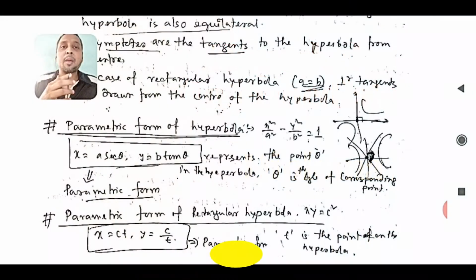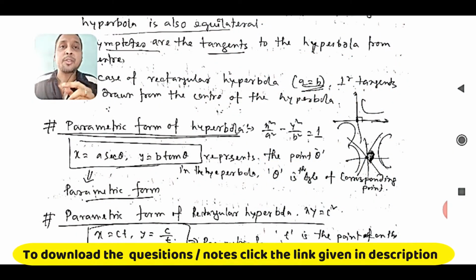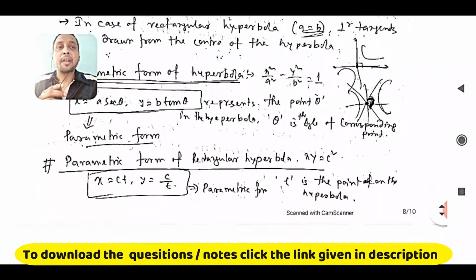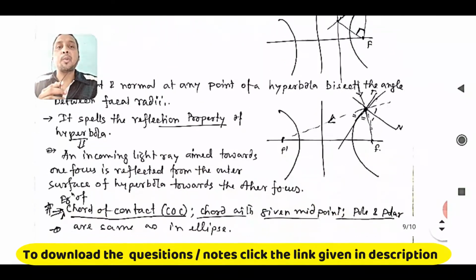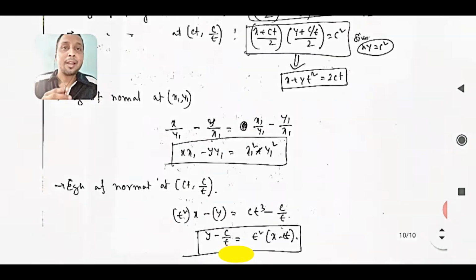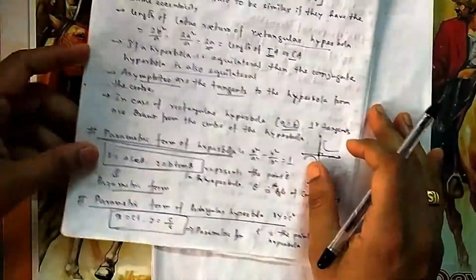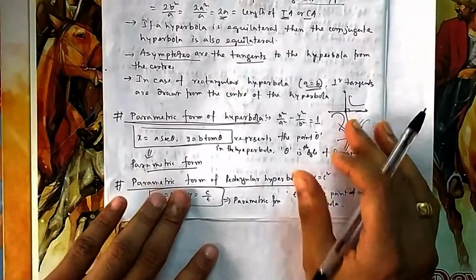Okay students, welcome you all to this new lecture in intermediate level where we are building concepts on hyperbola. So today we will be seeing the parametric form of hyperbola for normal hyperbola and rectangular hyperbola. Along with that we will see the equation of tangent and normal and some key points of that, and tangent and normal of rectangular hyperbola. Okay, then let's see this. So the topic is parametric form in hyperbola and tangent and normal as stated, along with some key points.